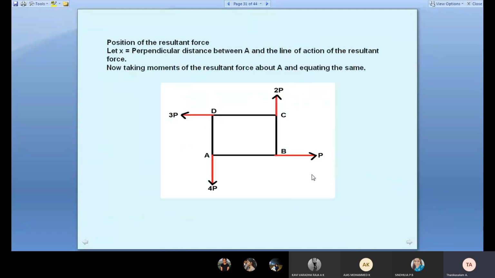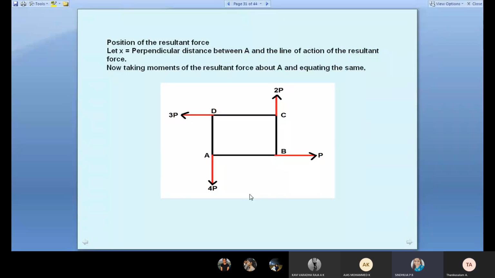So what is a square? No. A square that did not give any value. So I have taken A for all the forces. With respect to point A, put the A point. What are the force moments with respect to A point? With respect to A point, what are the forces giving moment? Sindhuja, with respect to A point, what are the forces giving moment?